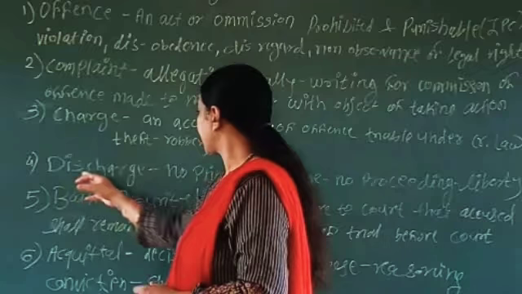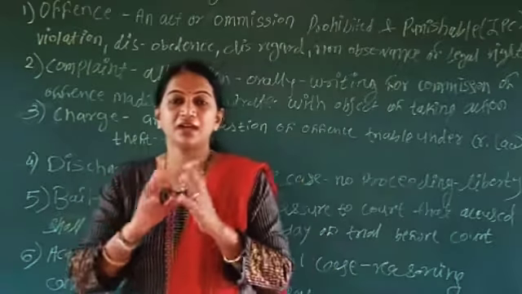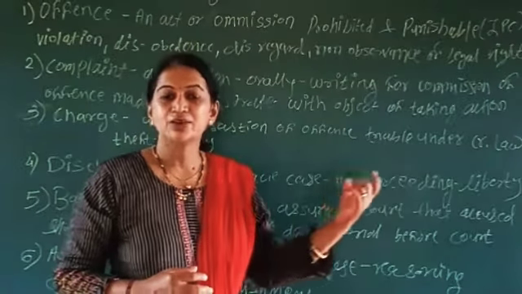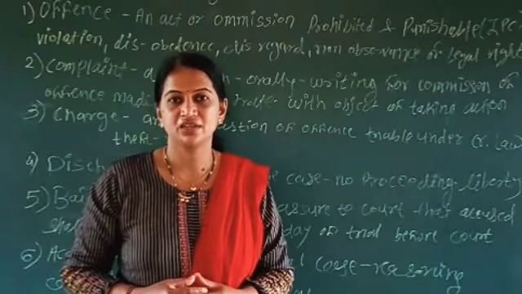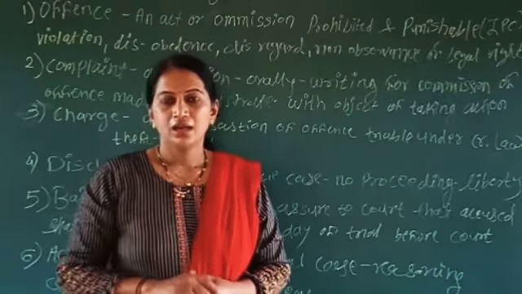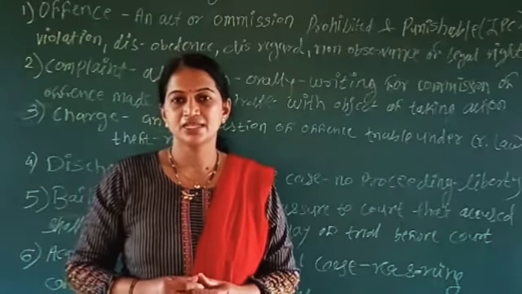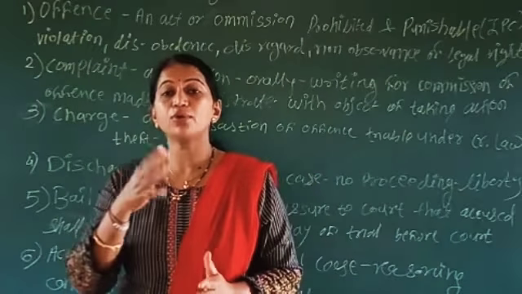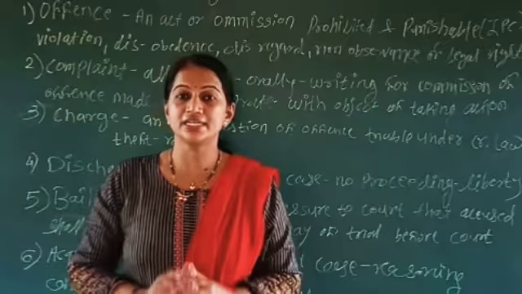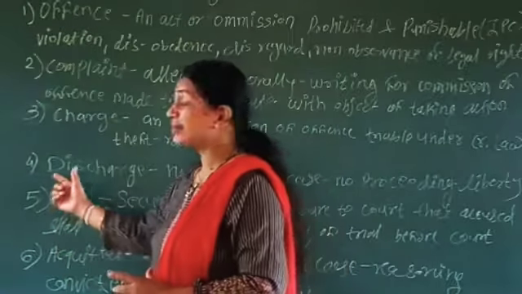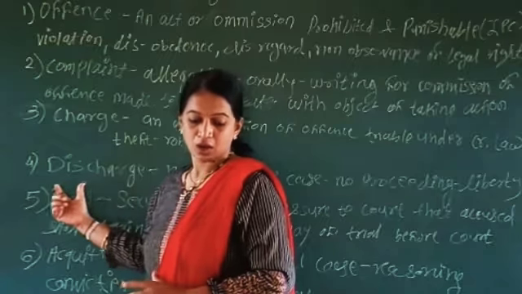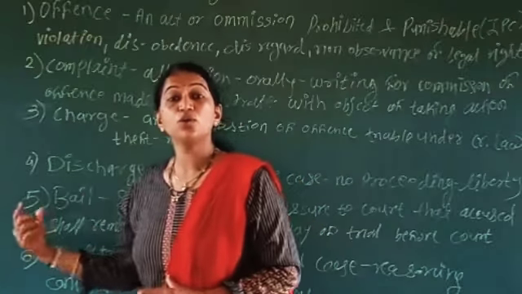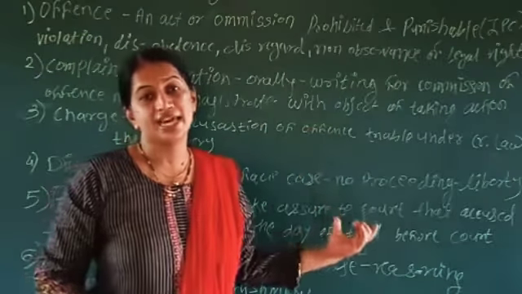In the fourth stage, discharge. A particular complaint is filed against an accused person and the accused is brought before the magistrate or before the court. After examining the evidences brought by the prosecution and the accused, and after hearing both of the parties, if the court considers that there is no prima facie case or no sufficient ground to proceed further against the accused person,